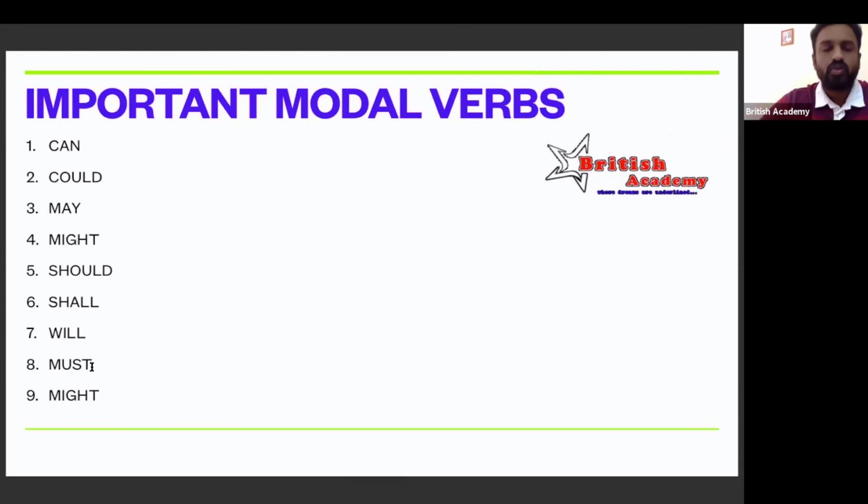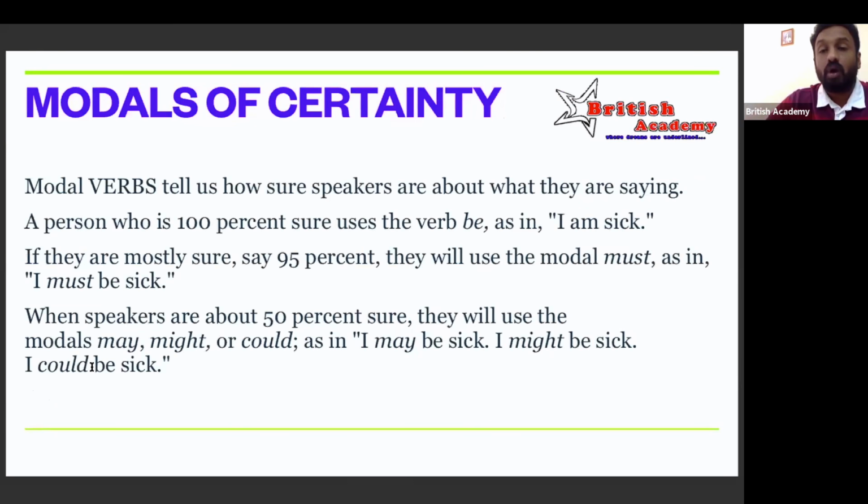If you want, you can take a screenshot and keep it with you, so that in future when you see such words in your OET reading B, things can be easy for you. You will be able to understand that there may be a situation where the meaning of the sentences can be changed, so you can read cautiously and then understand what the right answers can be. Modals of certainty: words such as might, must, may can completely change the meaning. So you should be very careful.